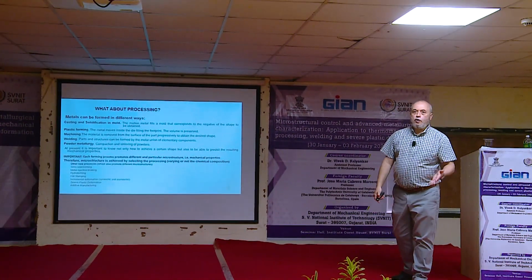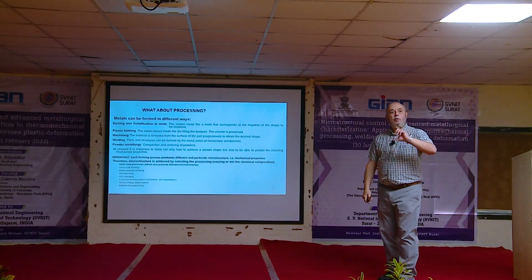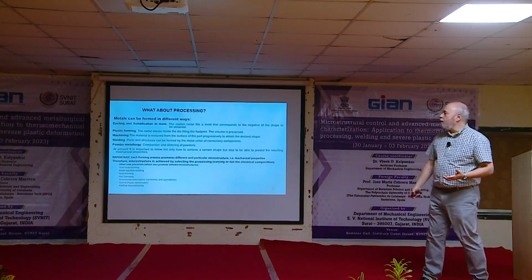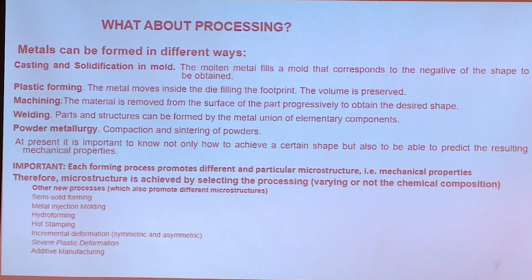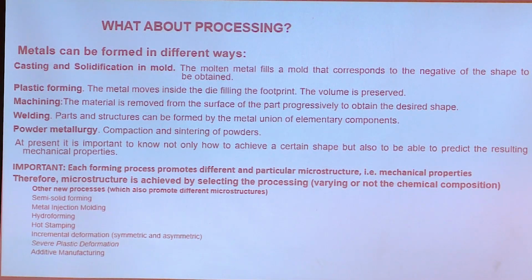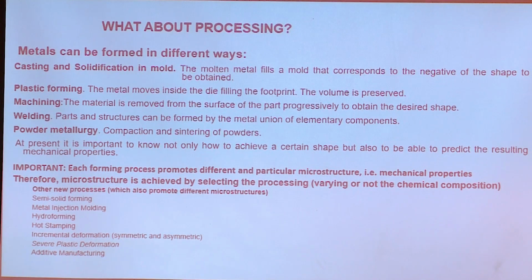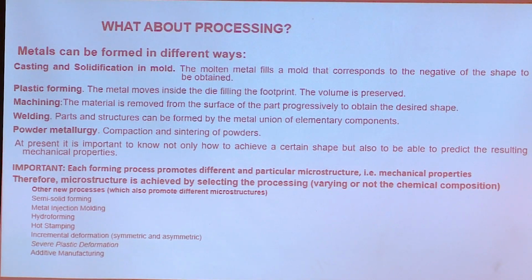So we are going to focus on that, and remember that we were talking about microstructure, and the way to control the microstructure, especially if we are talking about these metals, is by controlling the processing method that we have. In a summarized table, we can say that these are the most important processing methods: casting and solidification. I will not enter now into detail. Plastic forming, this will be the topic we will start this afternoon. Machining,